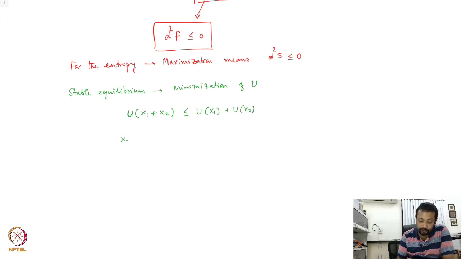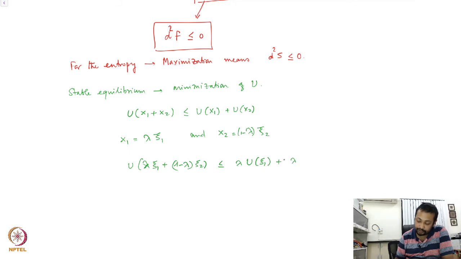And now therefore one writes down x1 as, let's say, lambda times xi1 and x2 as 1 minus lambda times xi2, and therefore use the homogeneity principle of the internal energy as we have used it for the case of the entropy. It follows lambda xi1 plus 1 minus lambda xi2 is less than equal to lambda u of xi1 plus 1 minus lambda u of xi2,